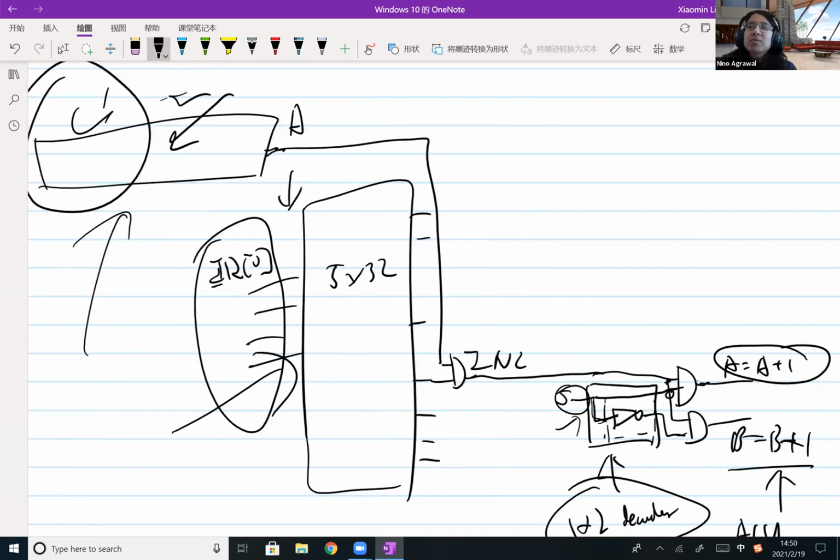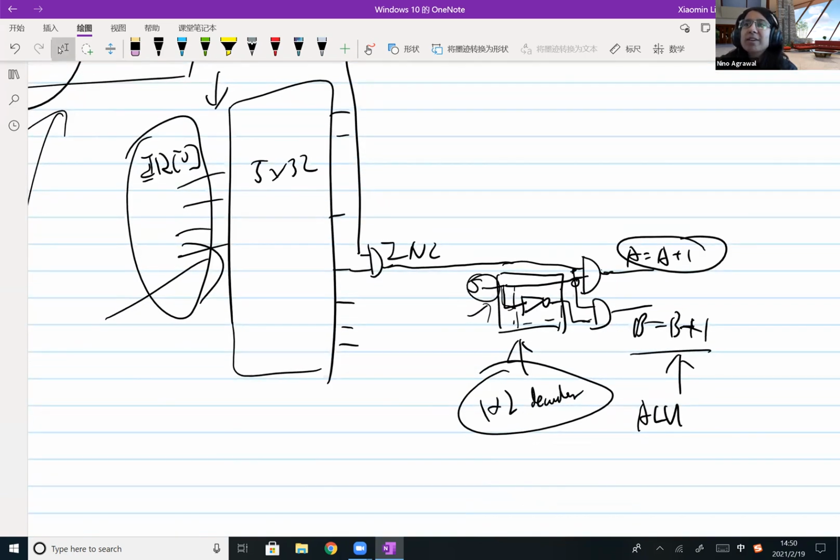Yeah, I just don't want to draw it. Oh, we're lazy. Is that what we're supposed to draw for homework? Because I drew something kind of